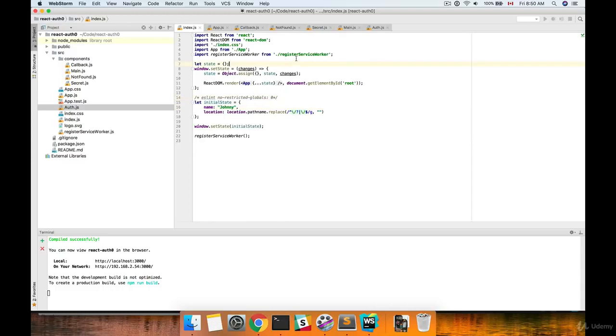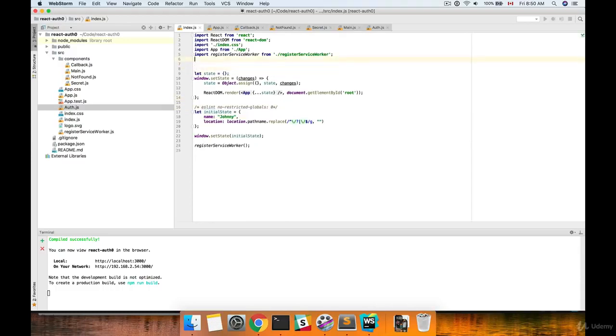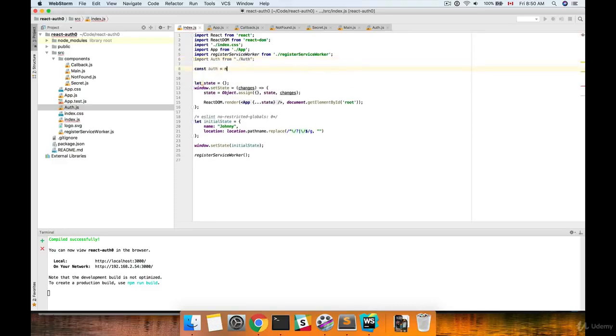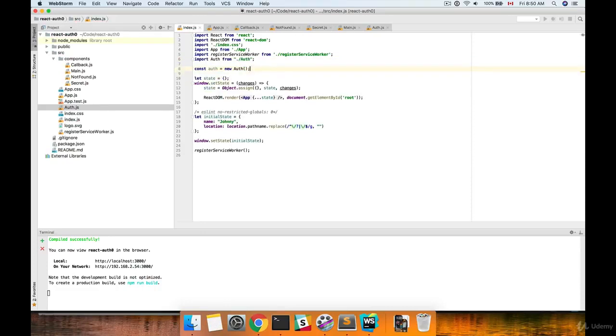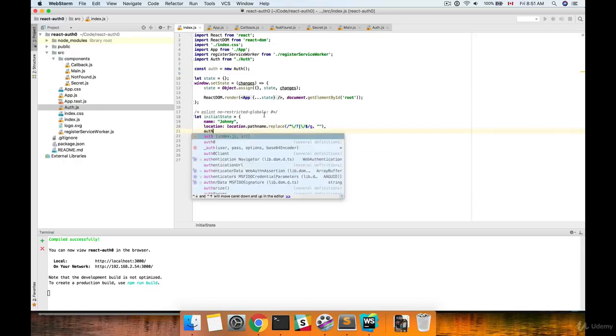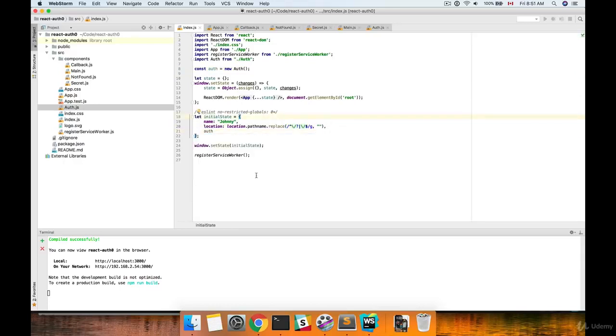So now let's go back to our index page and we can actually call this class. So we'll make sure that we import it, and we can define it for later use. Now we'll add this new auth variable into our state. By doing so, we'll be able to access the auth object in any of our components, or at least in the app component, which then passes it over to the main component. So if we go to our main,